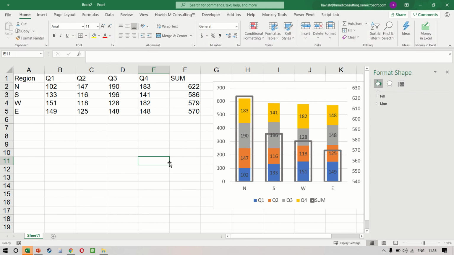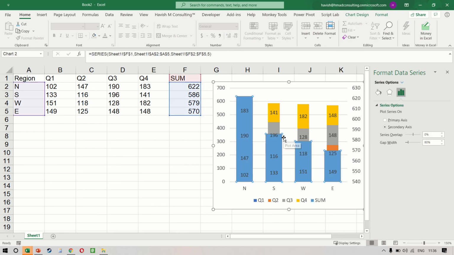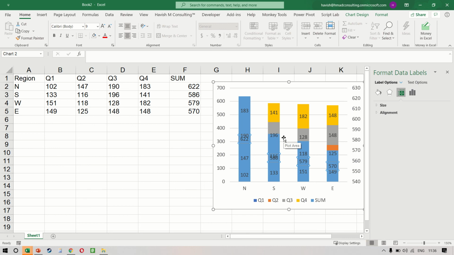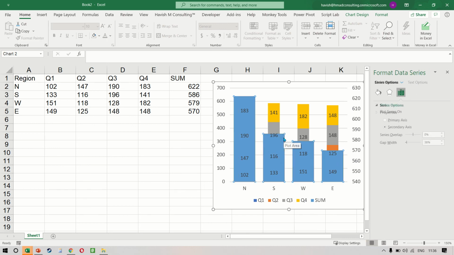So what is going to happen is that it is going to show us the sum of all the four numbers right here. So let me quickly see if we are getting the correct result or not. Just give me a moment. Okay. So we are getting the correct result.